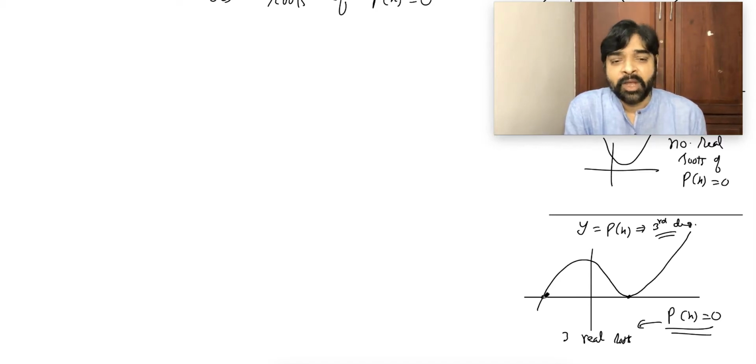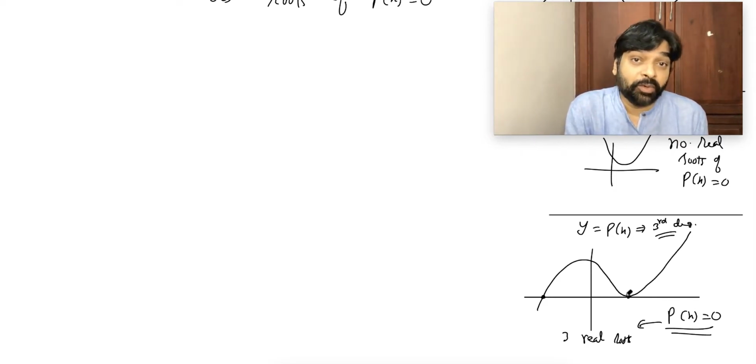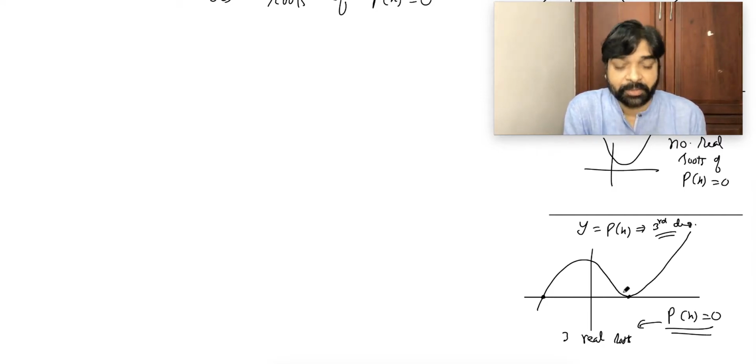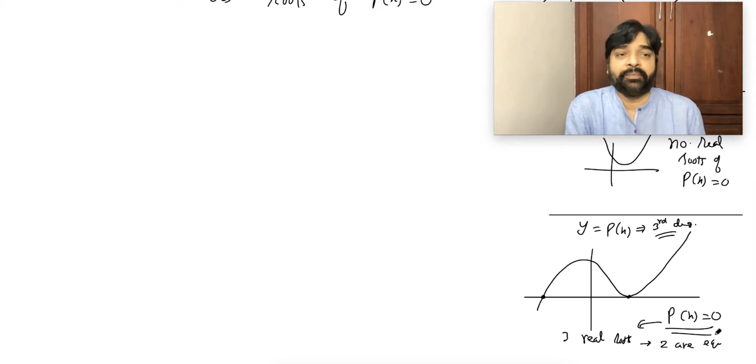This graph says 1 unique root here because this is the intersection. Touching means either 2 equal roots or 4 equal roots or 6 equal roots. 4, I'm sorry. 2 equal roots or maybe 3 equal roots, 4 equal roots. So many equal roots can come here. That will be decided by how many maximum roots are there. Since total 3 roots are there, surely here there will be 2 equal roots. So that will be 3 real roots in which 2 are equal.